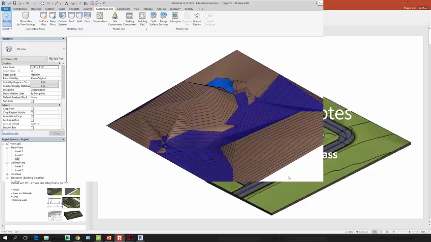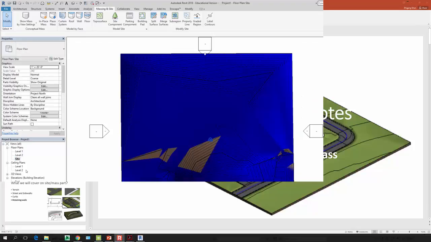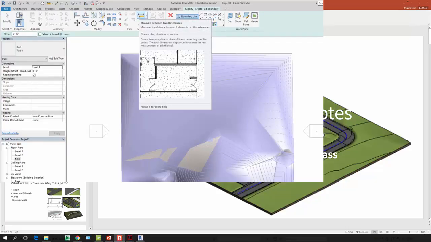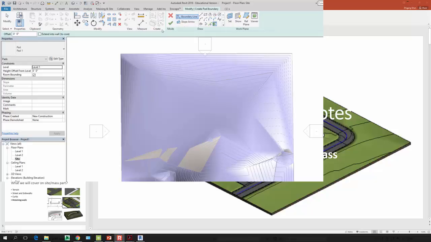Okay, let's start using the building pad part, right? Let's go to site plan. Building pad. All right, so building pad. If I draw something here,